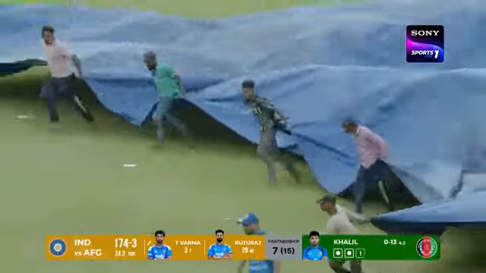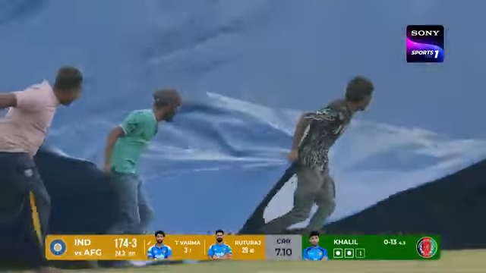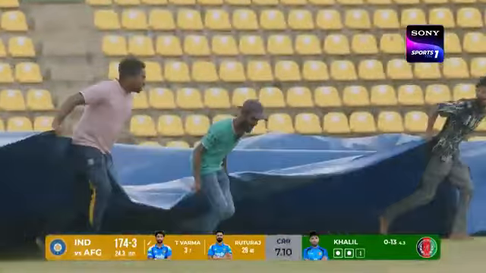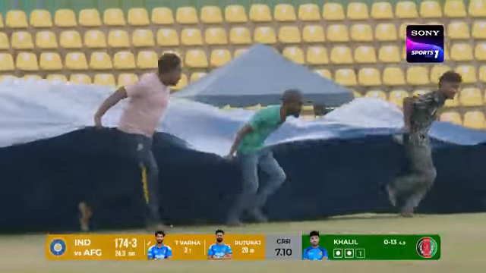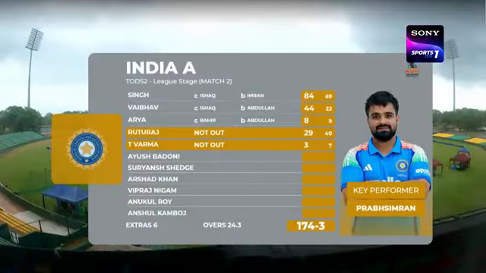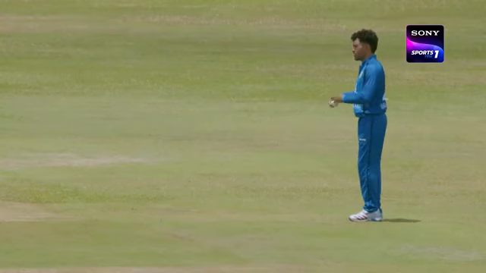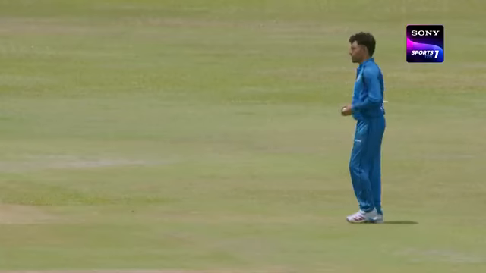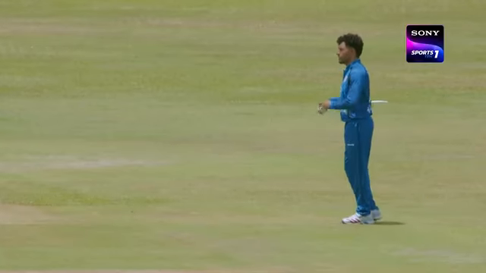Hopefully, it's not going to stay for too long because we have a very stiff breeze that's blowing across the ground. Looking at the covers, you'll understand how strong the breeze is. So that's the good news. The breeze can blow the clouds away, hopefully, and the grey clouds will go over and the blue skies will emerge. Just to keep you informed that the game has been reduced to 49 overs per side.